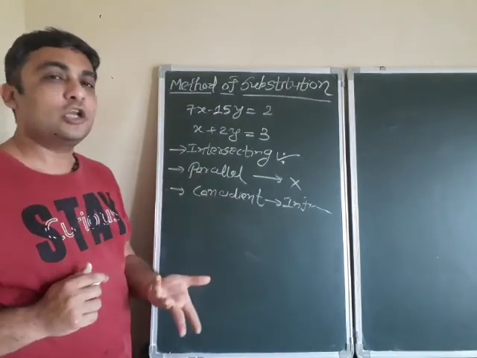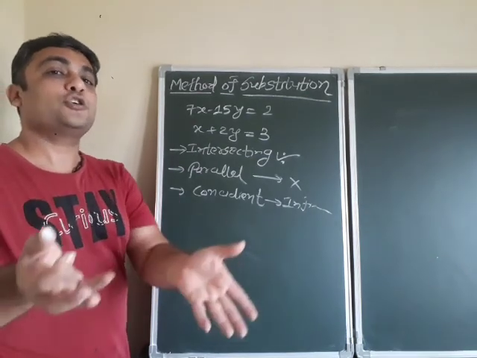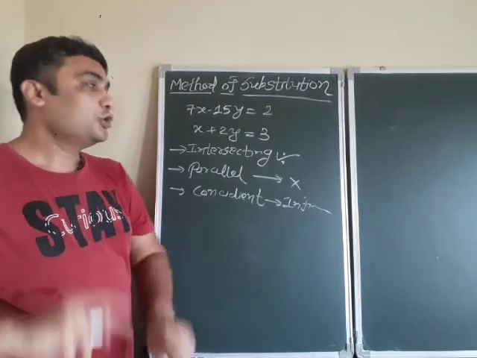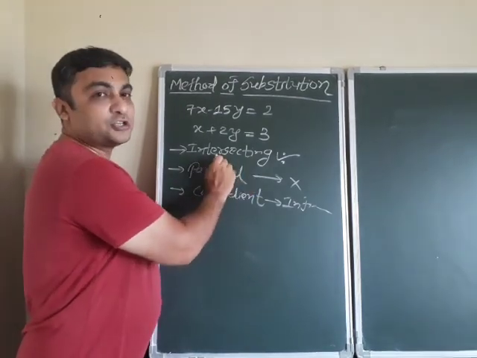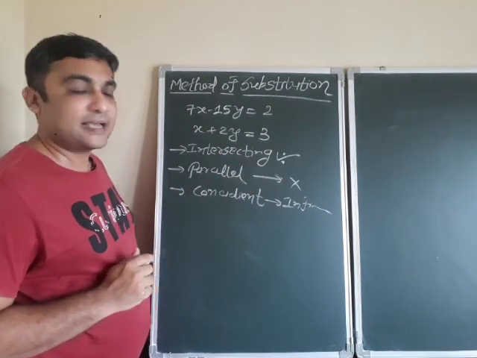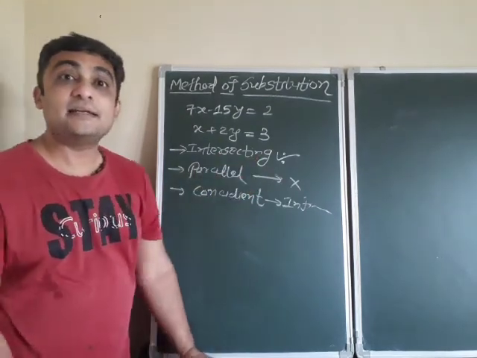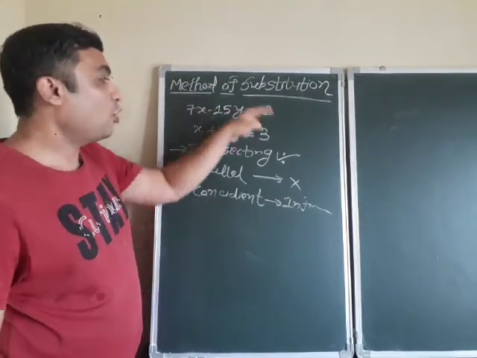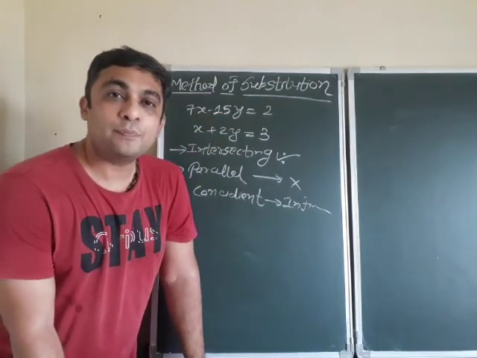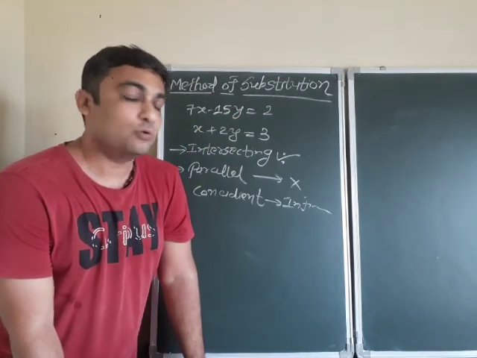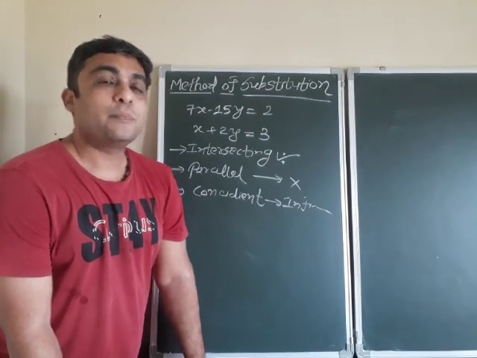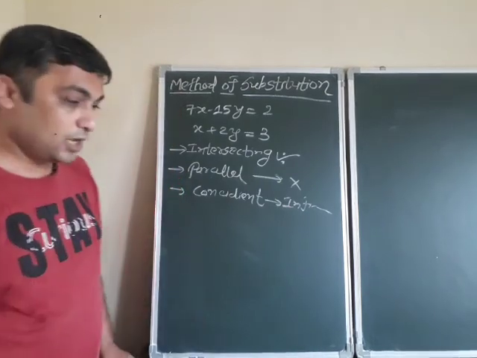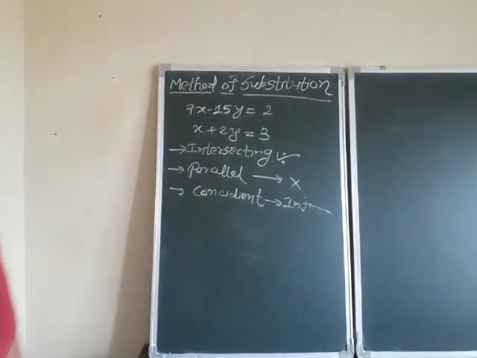If the lines are parallel, then a solution is not possible, so we cannot say we solve. Why? Because if a solution is not possible, how can we solve the equations? So definitely we are solving the linear equations for the intersecting lines. And you know the condition for the lines to intersect analytically: A1 upon A2 is not equal to B1 by B2. For all the equations given for solution, if you find the condition A1 by A2 and B1 by B2 are not equal, then only they are intersecting lines and a solution is possible. Understood?